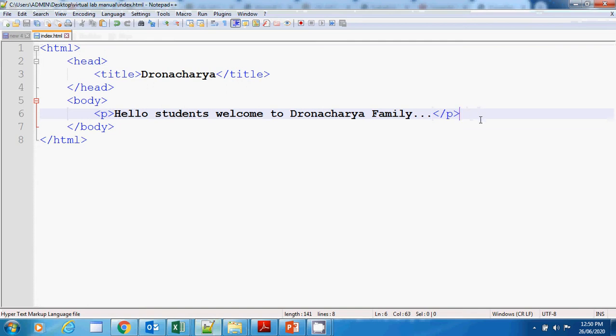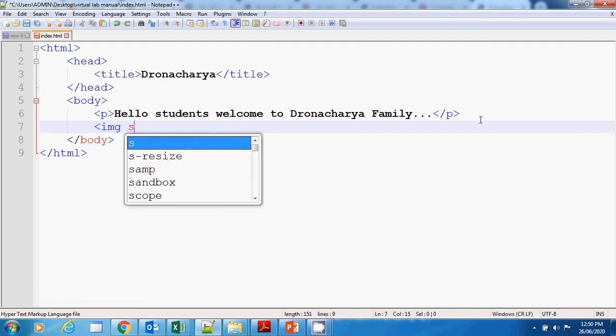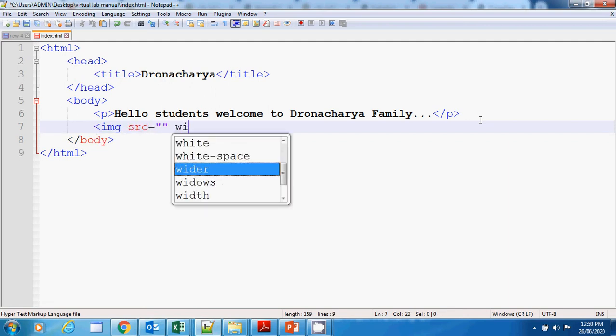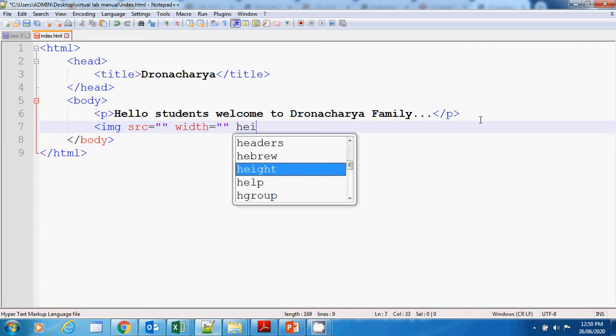Again, we can have an image tag also, like img, src is for source. We can set the width and height of the image.